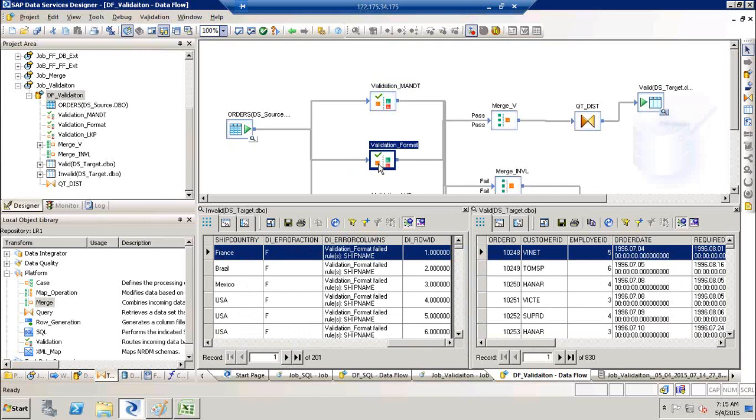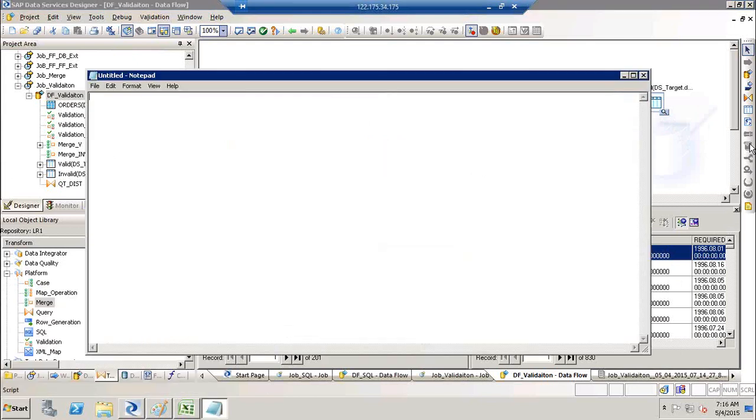So we use the script template here, and on top of this we'll write a statement saying delete star from valid table where row underscore ID in select distinct